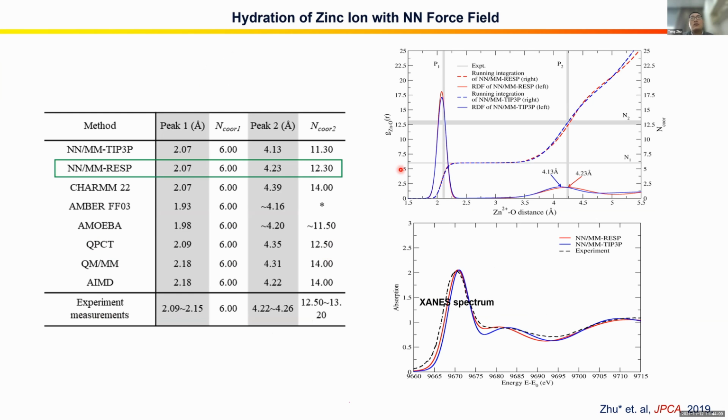The first one is the radial distribution function of the water around the zinc. As we can see, the peaks of the first and the second coordination shell and the number of water molecules in the first and second coordination shell all agree very well with the experimental measurements, especially when we include the charge distribution in the zinc binding group. And compared with the classical force fields and even AIMD simulations, the results of the neural network potential are the best, because compared with the classical force fields, the neural network potential contains the key quantum effects such as polarization and charge transfer. And compared with the AIMD simulation, the neural network potential can be